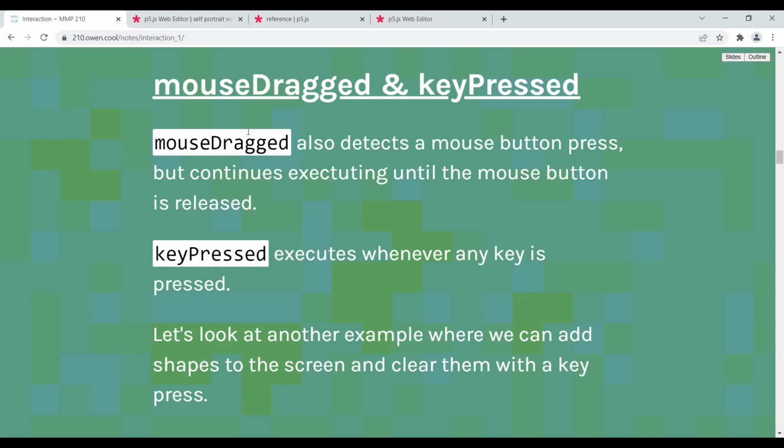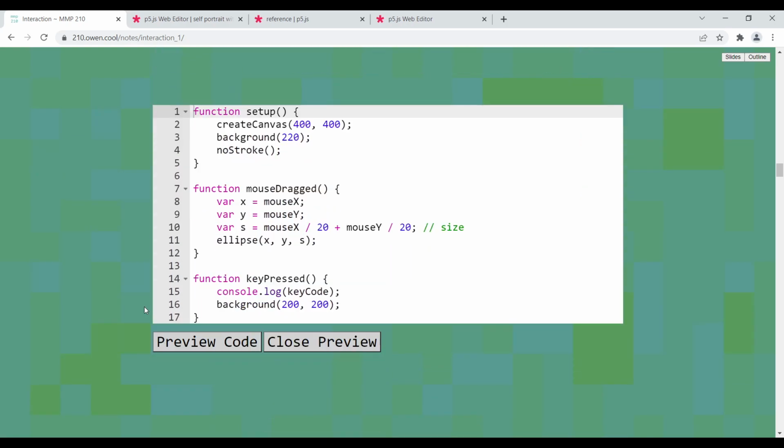Mouse dragged also detects a button press, but continues executing until the button is released. And key pressed is another function that executes whenever any key is pressed. It doesn't matter which key it is. Any key that we press will be captured by the key pressed function. And if we want to determine which key it is, then we can use the key code. So I'm going to add in,